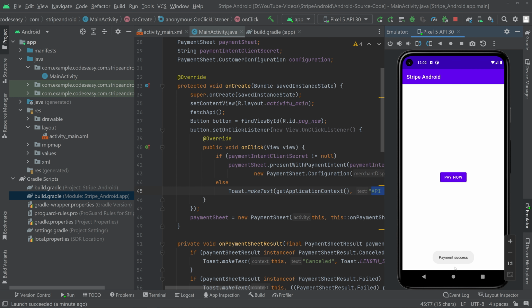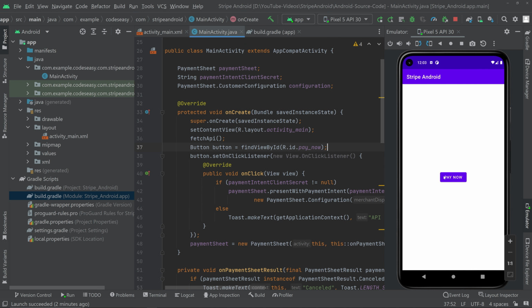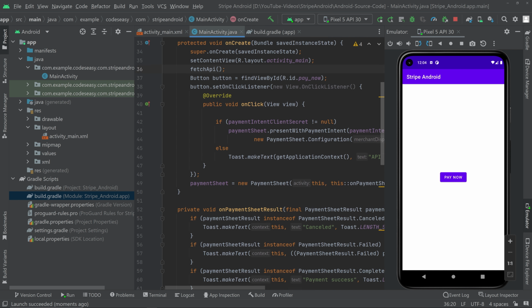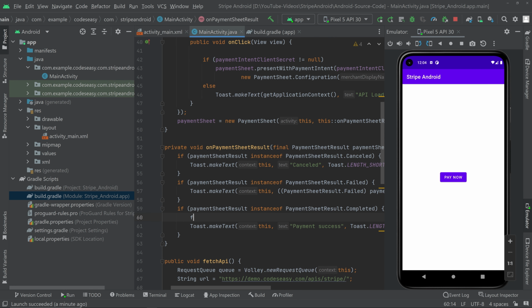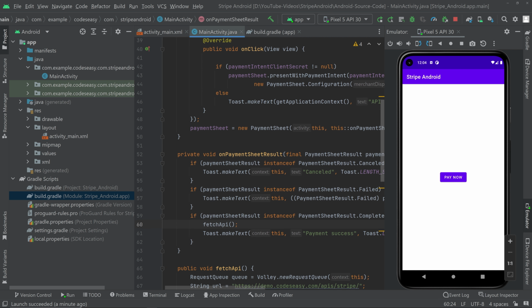And you can see the toast message, that is payment success. Now if you try to click the button again without reloading the app, we can see an error message. See, the payment cannot be set up because the payment was once successful. So that's why we cannot do the payment again. Now if you want to do the payment again, you have to call this fetch API once more. You can call this function from somewhere like the payment success option, maybe from here. You can call the fetch API again from here. So you can use that according to your need.